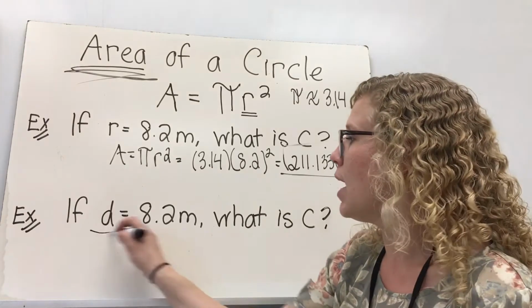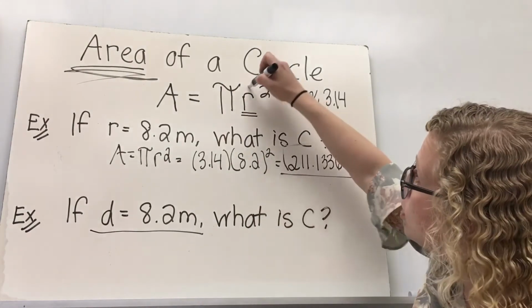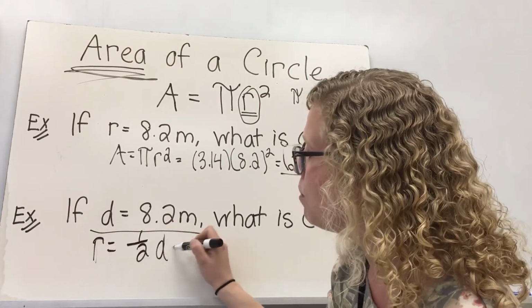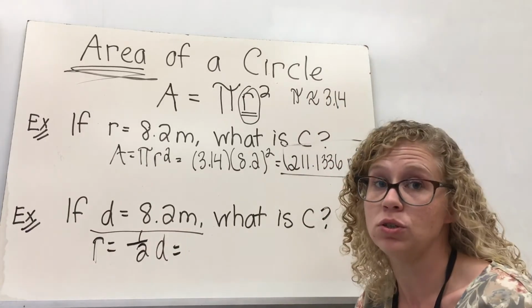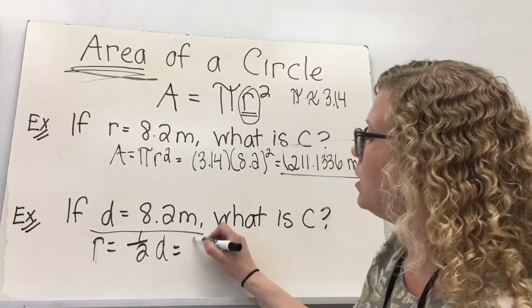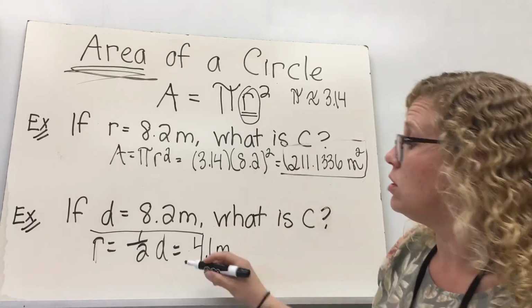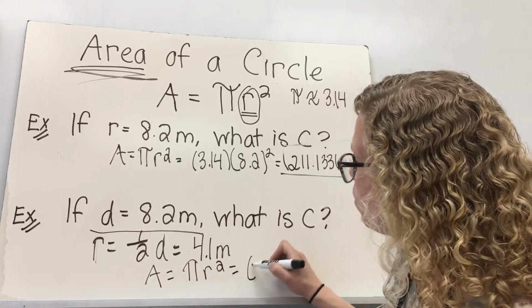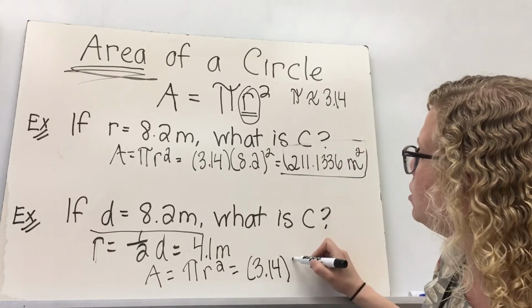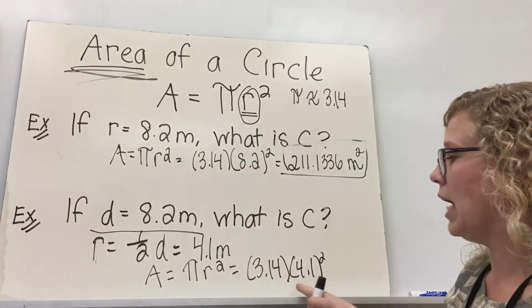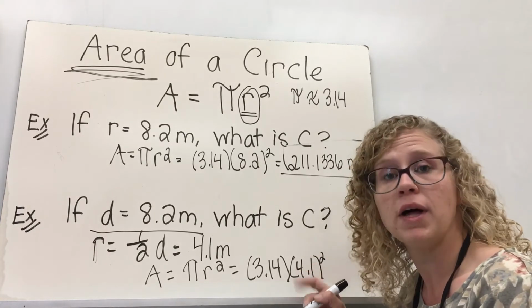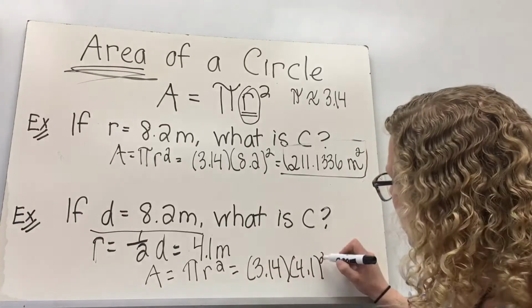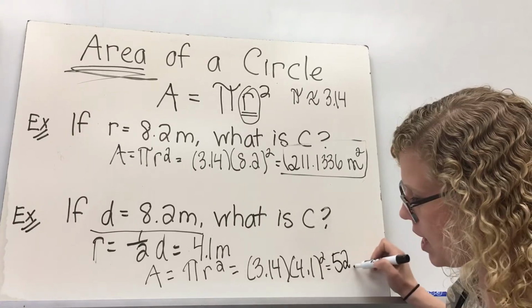Next one is if the diameter is equal to 8.2 meters. Well, our formula is only for radius. So again, remember that radius is going to be equal to half the diameter. So we could take 1/2 of 8.2 or divide 8.2 by 2 to get 4.1 meters. Now we can use the same formula. Area is equal to pi r squared. We can replace pi with 3.14, our radius with 4.1. On our calculator, we will square 4.1 or multiply 4.1 times 4.1. Then we must multiply that by 3.14, and you should get 52 and